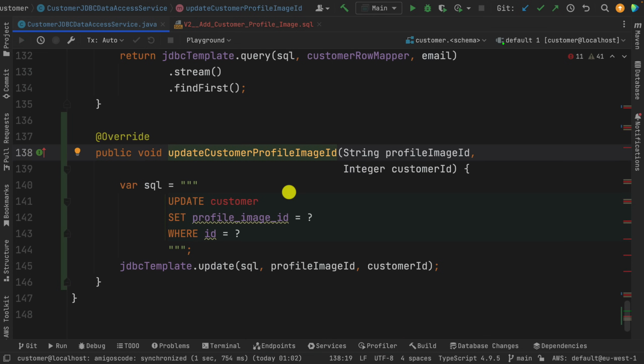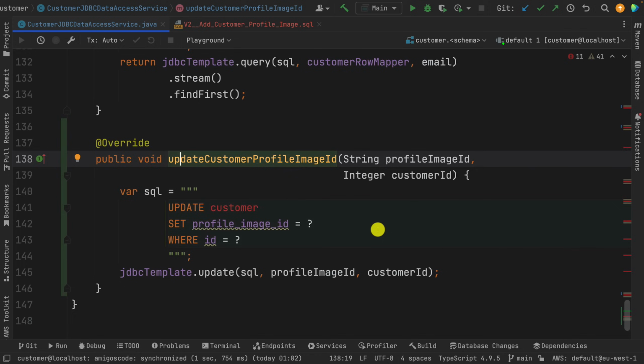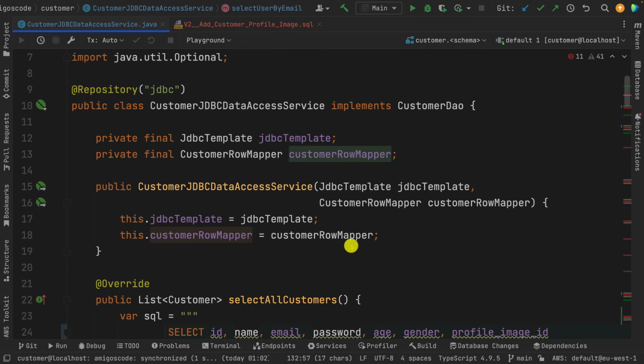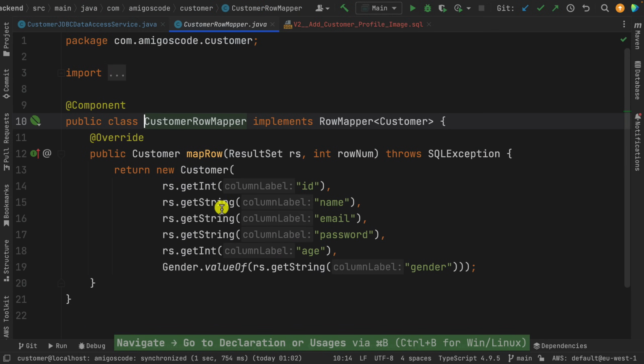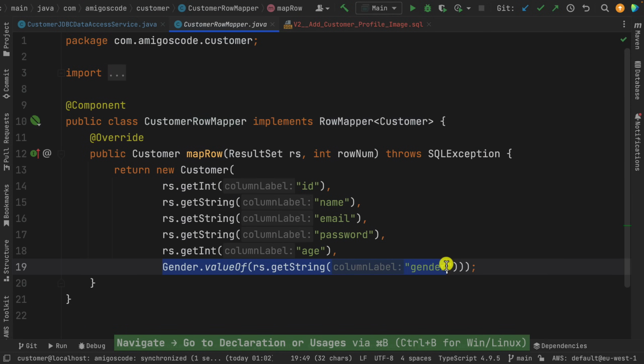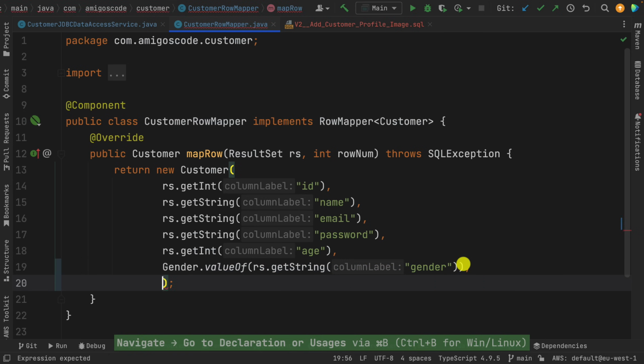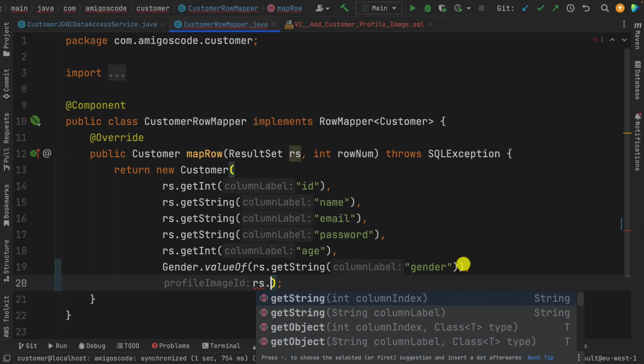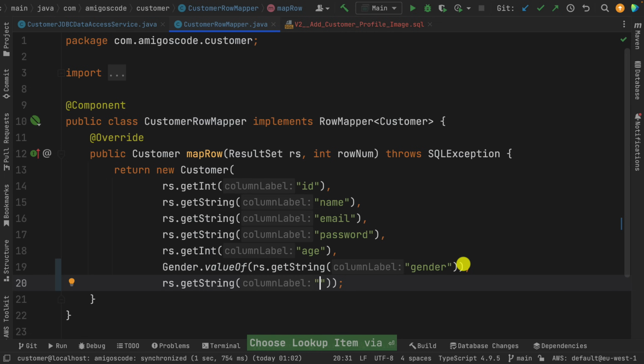Now, what we want to do is the following. So we want to change, so if I show you, where is it? So we have the customer row mapper. So within customer row mapper, we have to change it slightly. So now here we need to include the new column. So here, say comma, and we're going to say rs dot, and then get string, and then paste the new